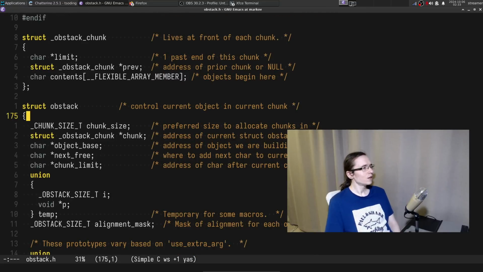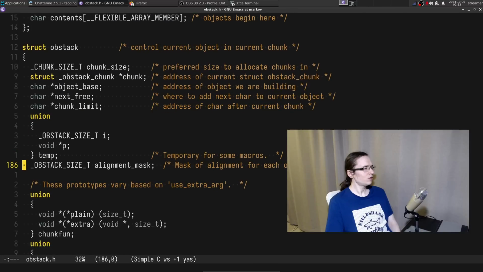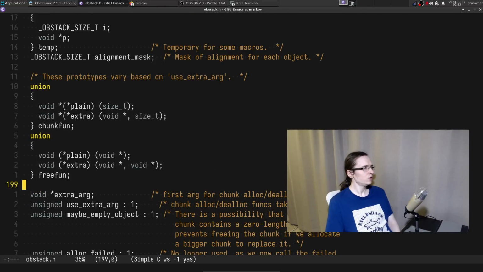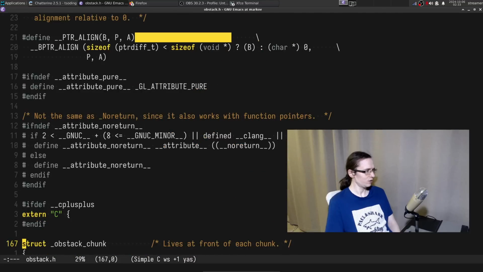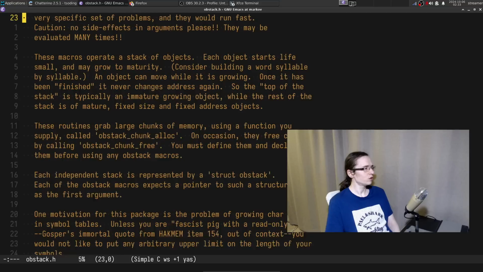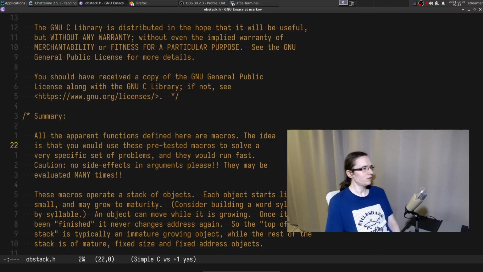Okay, so control current object in current chunk. Preferred size. So it even uses some sort of chunks in there. Chunk functions. Damn, some advanced system. So obstack.h. Summary: all the apparent functions defined here are macros. The idea is that you would use the pretested... Okay, so this is not really...